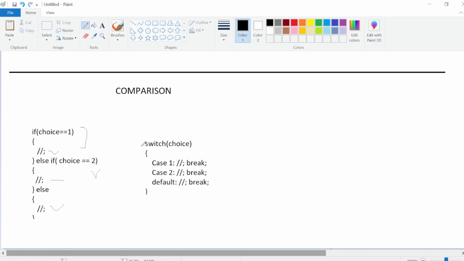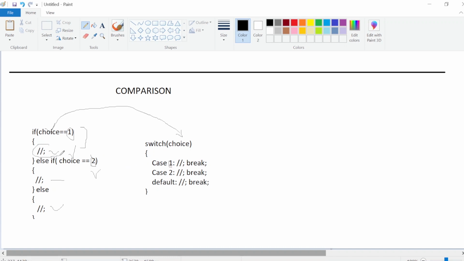Same as in this switch case: the condition that I want to compare, choice, I write only once in these parentheses, and then the values that are changing, 1 and 2, that I want to compare, I write in the cases.